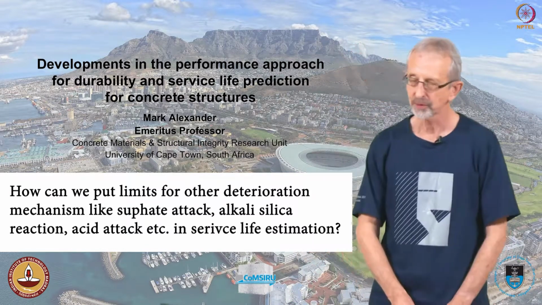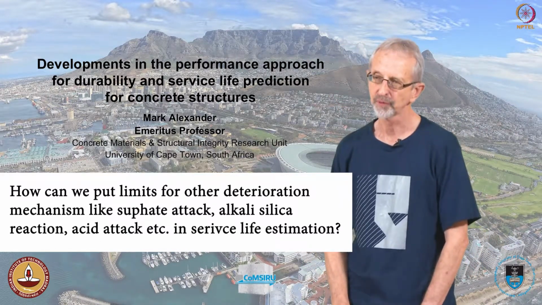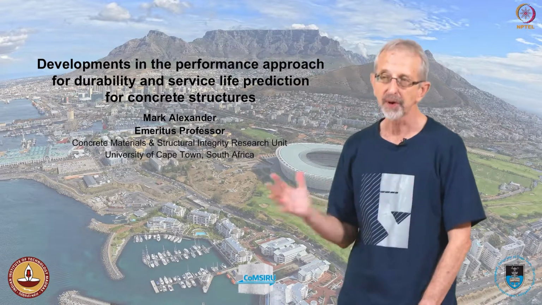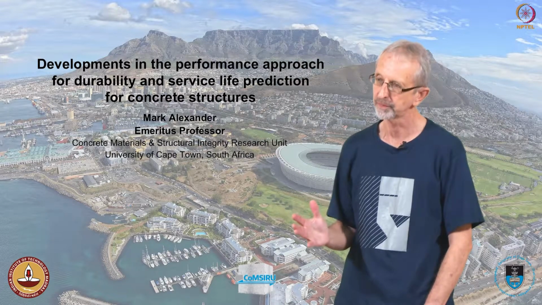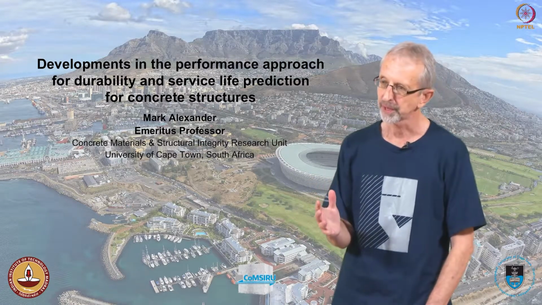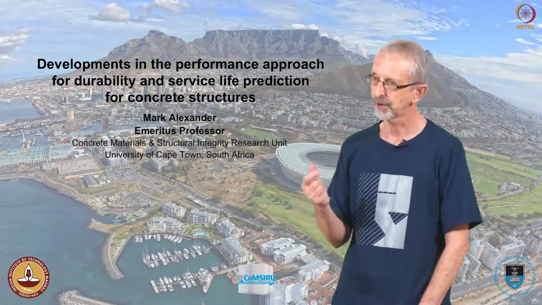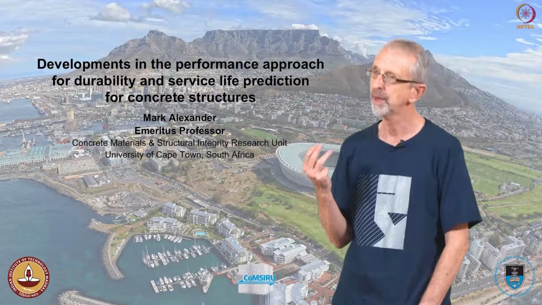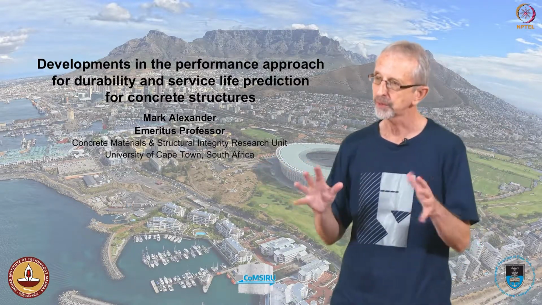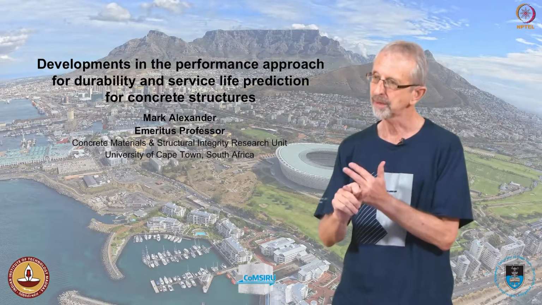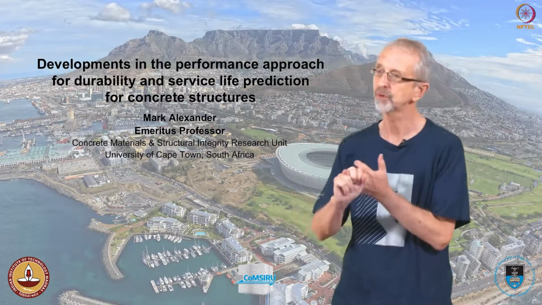Well, that's an extremely good question. You can see that the main concern we had was reinforcement corrosion, because that accounts for the vast majority of the deterioration that we see in concrete structures. You have a lot of corrosion work going on here for good reason. The other kinds of deterioration mechanisms, ASR, sulfate attack, soft water attack, would need their own similar approach philosophically, but you would need the test methods, the criteria to judge, and the limits that you would set.